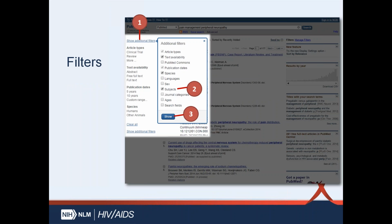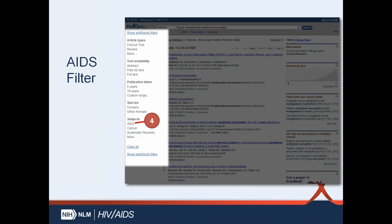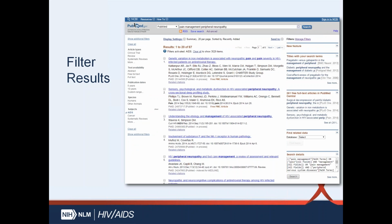Now, you can find the AIDS filter by clicking on Show Additional Filters, then clicking on the topic Subjects. Third, you click on Show, and underneath Subjects it'll say AIDS. Once you click on that, you've activated the filter, and what it will do is go back and apply that filter to our query, and as you can see,